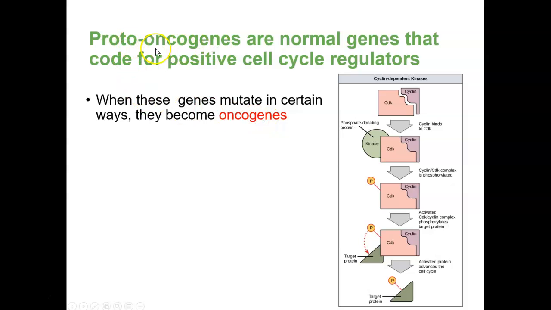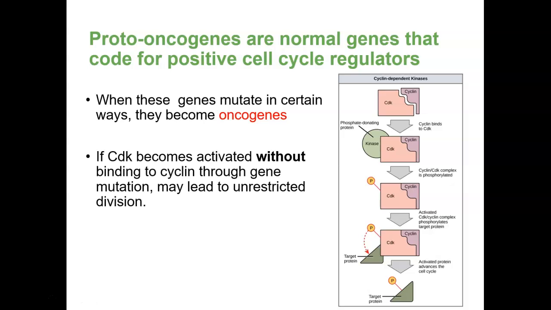So you can turn a normal proto-oncogene into an oncogene, and an oncogene will result in abnormal cell growth. So for example, if CDK becomes activated without binding to cyclin, normally these two have to bind in order for this process to happen. If it becomes activated without binding to cyclin because of a gene mutation, this will lead to unrestricted division. This binding helps to regulate